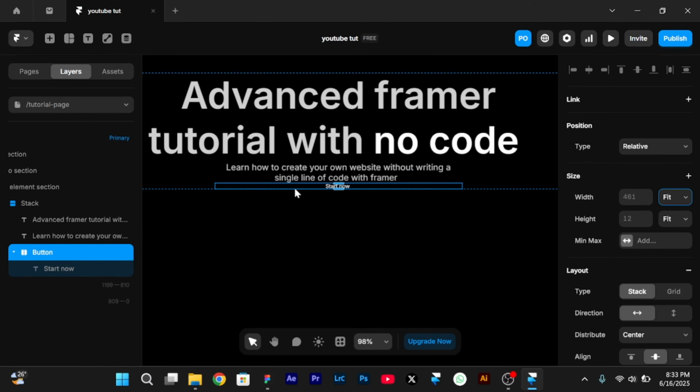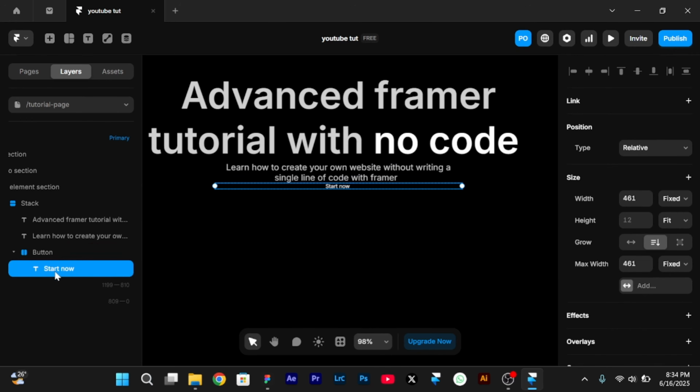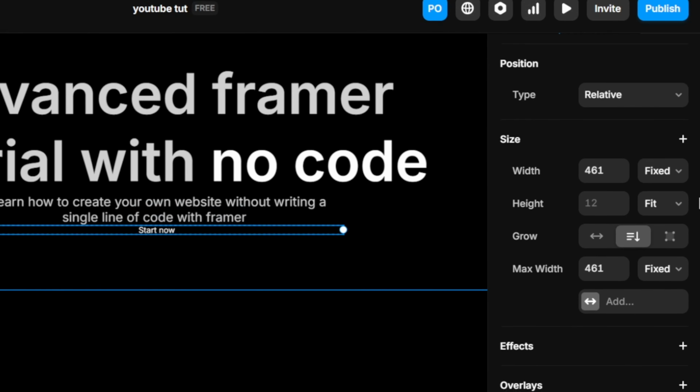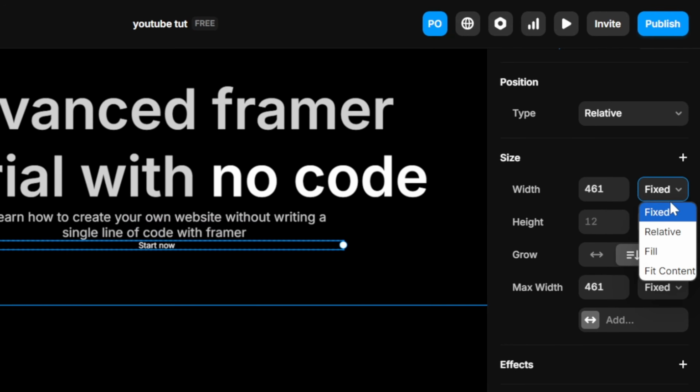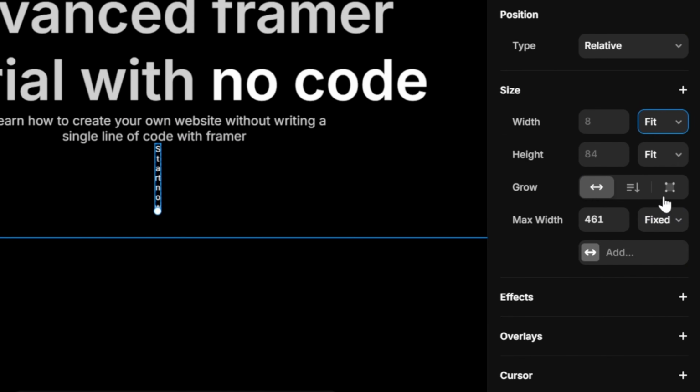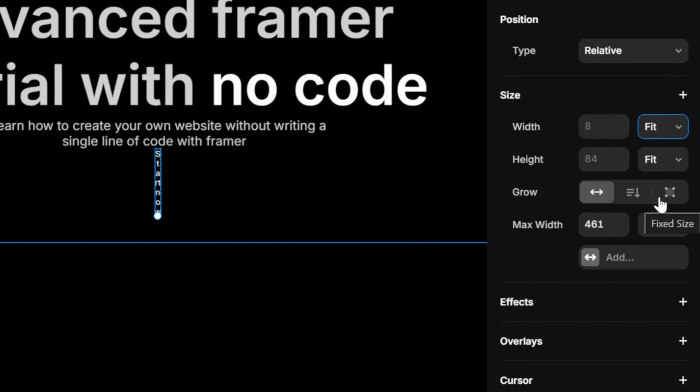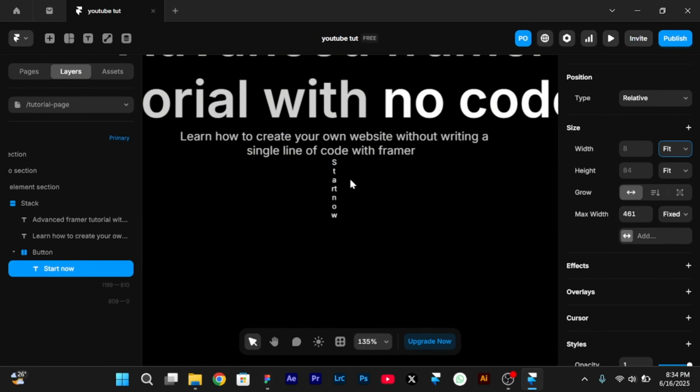So to solve this, I think the issue is coming from the text itself. We are going to simply select only the text, the start now text, head back to your layers panel. I'll be changing the width of it from fixed to fit content. It fits the content of our text actually, but we are left with this staggered version of our text. So I think the issue is coming from just one thing. If you can remember,